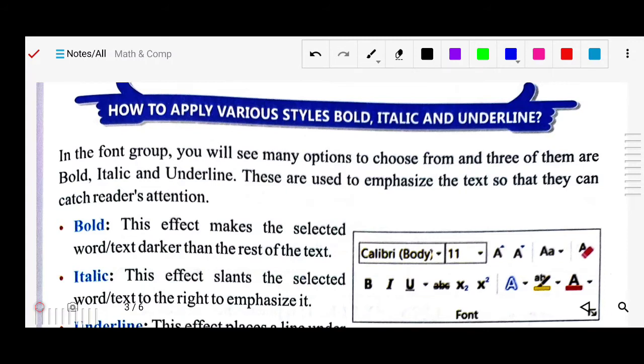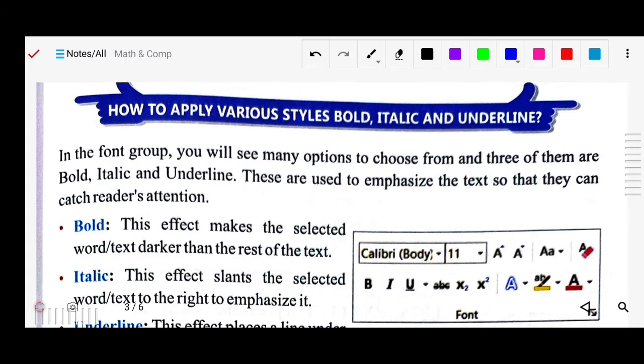There are two ways of doing it. First, if you have already written your text, your document is already created, and you want to apply it to the entire document, you can select the full document using the shortcut key Ctrl+A. You have already studied in your previous chapter how to select the text.